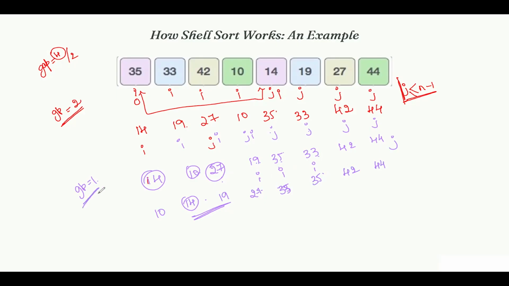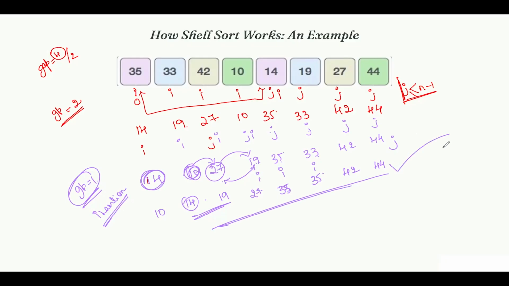So when I say that gap is equal to 1, it is nothing but I'm just comparing the neighboring values. I'll compare and I will exchange. This is nothing but our insertion sort. If you can remember this, it is fine. Otherwise, you can simply remember that gap is equal to 1 and you are doing the comparison. So as you can see, by the end of the algorithm, your array is sorted. There are not as many steps here as we had in the insertion sort,